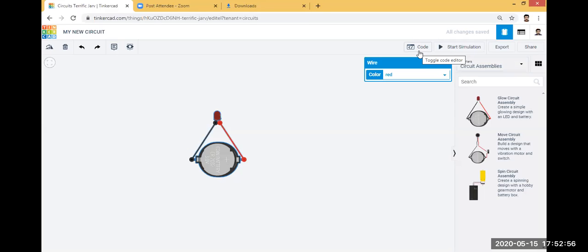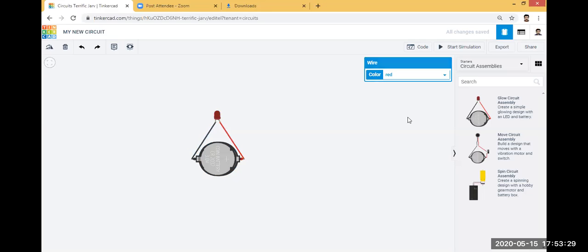Code is used to generate the code. You already saw, when I opened the Arduino UNO LED blink circuit, the code we generated. With the help of this, you can see the code. Then next is start simulation. Simulation means how your circuit actually behaves. When I connect an LED with a resistor and a bulb, how does this work? When you click start simulation, you can see how it works.